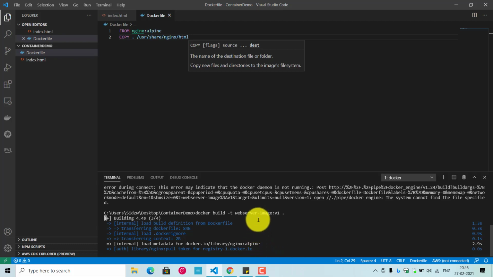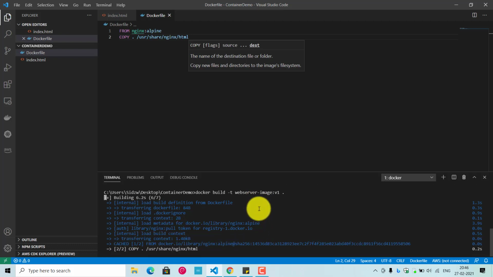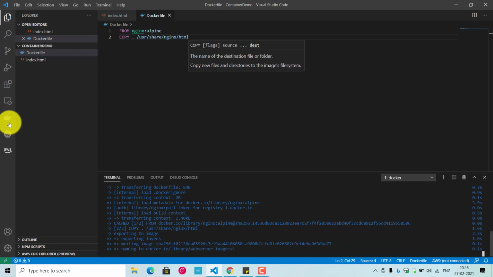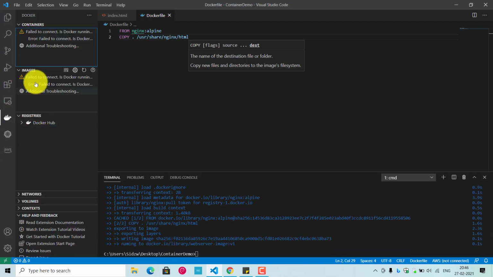As you can see, the Docker build command started, and it started to do the base image creation right now. Once the image is successfully created, I can show you in this particular image. You see under the images section, a Docker image is getting created. So it's here, and the tag we gave is v1. You can find the v1 tag is there.